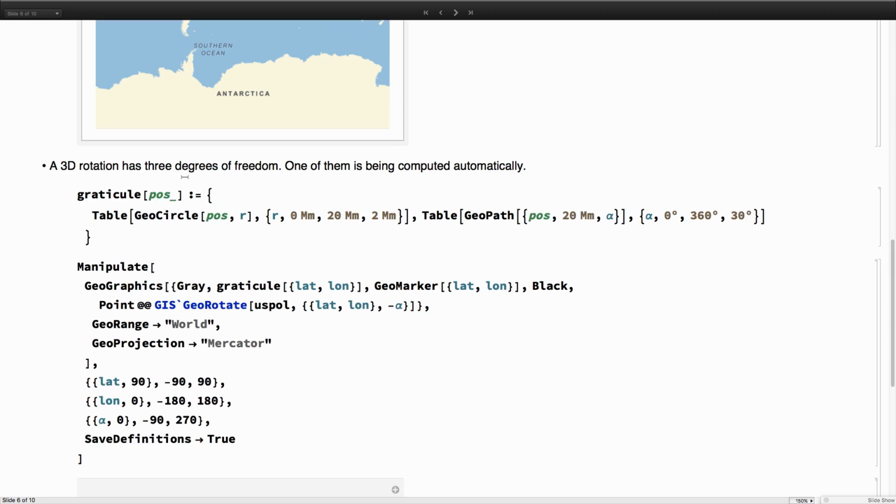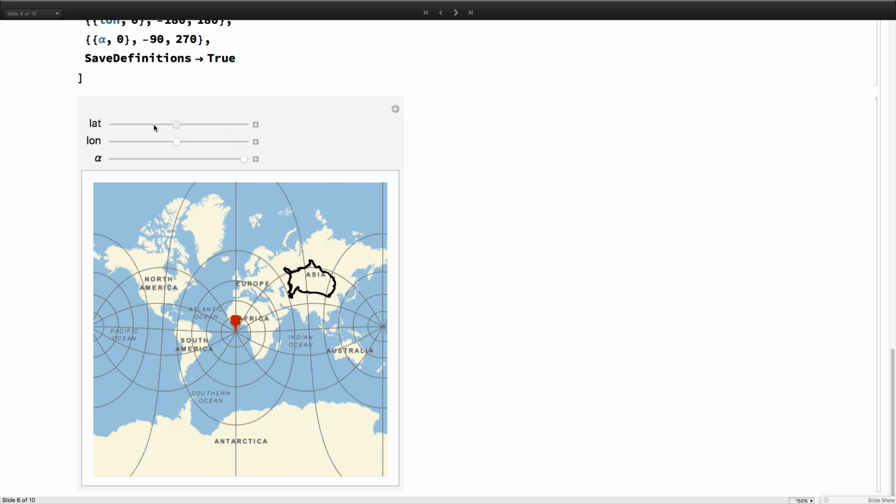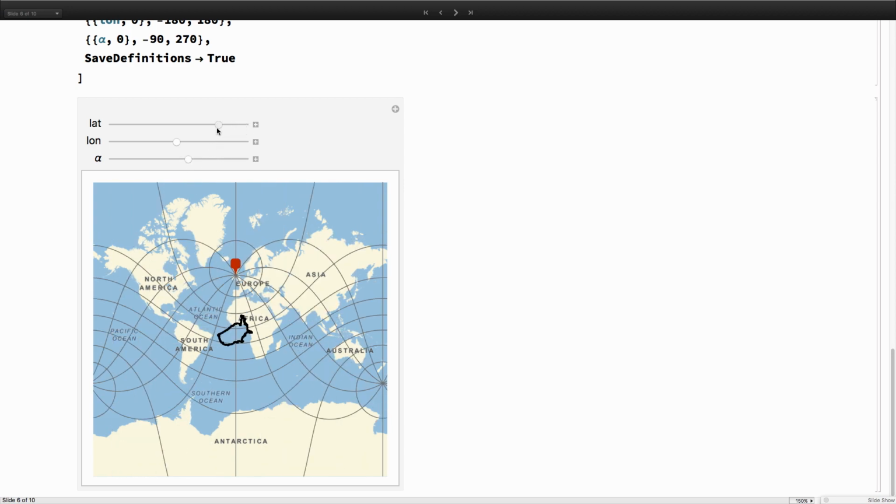As I was saying, a 3D rotation has 3 degrees of freedom, and the general language to control that is to specify the point, which is the axis of rotation, plus the rotation you want around that axis. So if I start with the polygon of the US here and rotate around the North Pole, it's going to rotate horizontally. That's fine. But now, if I change the axis of rotation, so I bring it down, like there,